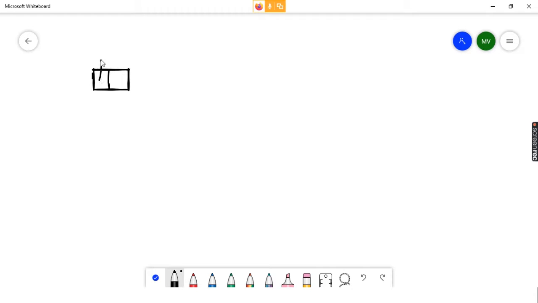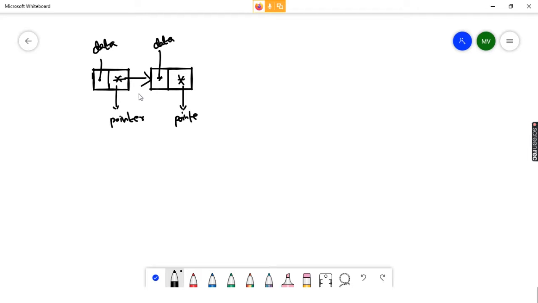Here is a data and here is a pointer. Again, here is a data, and here is a pointer. This pointer will point to the next data.